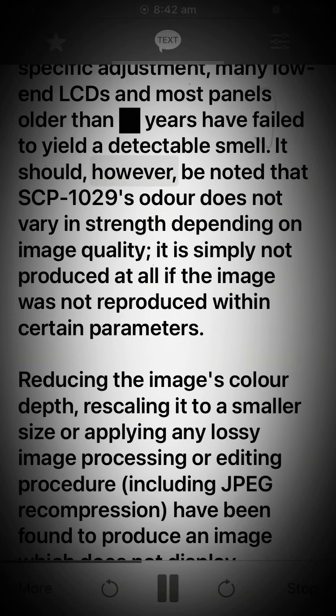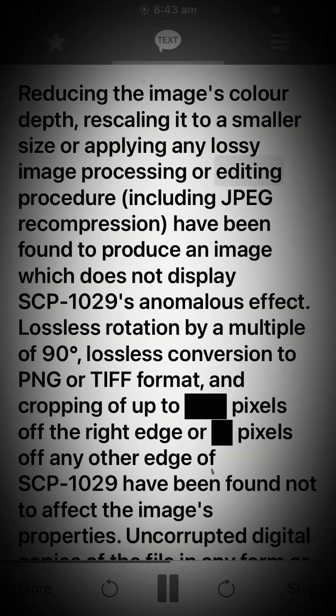It should, however, be noted that SCP-1029's odor does not vary in strength depending on image quality. It is simply not produced at all if the image was not reproduced within certain parameters. Reducing the image's color depth, rescaling it to a smaller size, or applying any lossy image processing or editing procedure, including JPEG recompression, have been found to produce an image which does not display